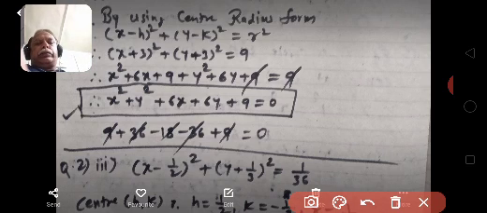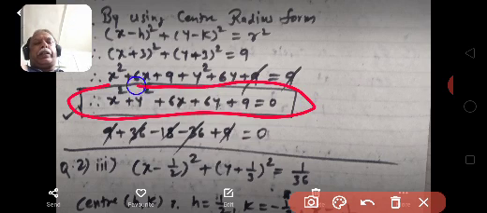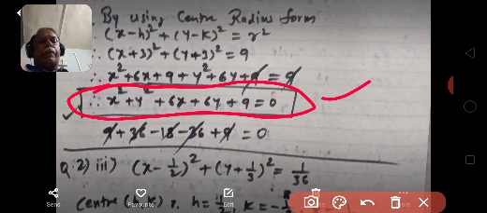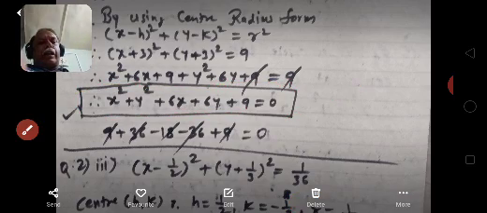After opening this bracket, we will get this equation: x square plus y square plus 6x plus 6y plus 9 is equal to 0. This is the final answer. Okay, we can cross check this answer. If you substitute x and y as